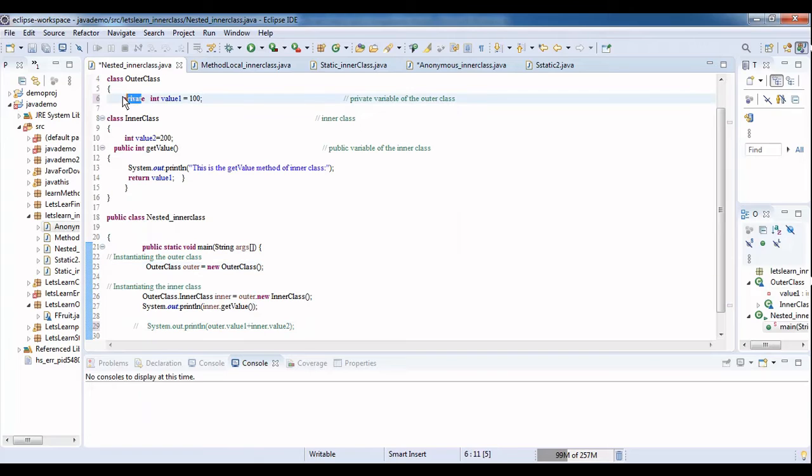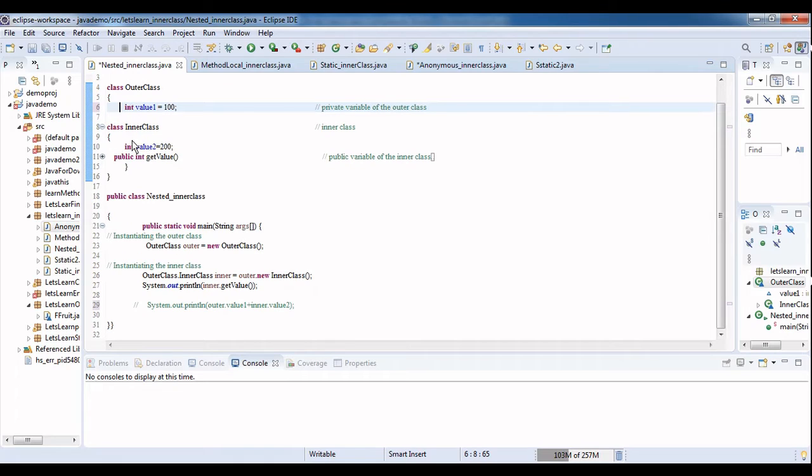This is the outer class, this is the inner class, and I have two variables, value 1 and value 2. When I want to access those values, I can simply write in the main method the outer object variable dot value 1 and inner object variable dot value 2. If value 1 has been declared as private, I cannot access it that way.